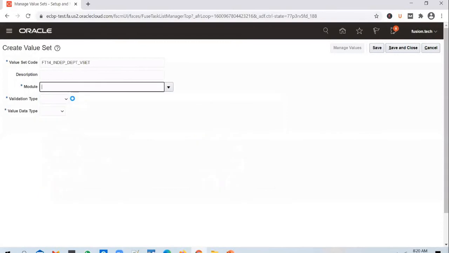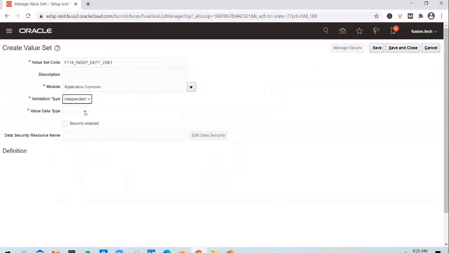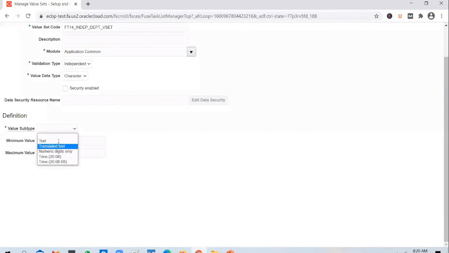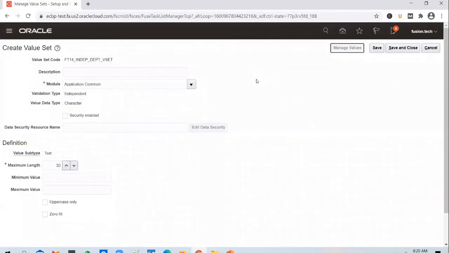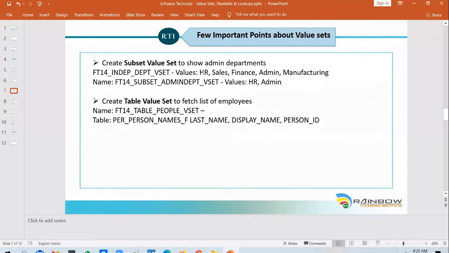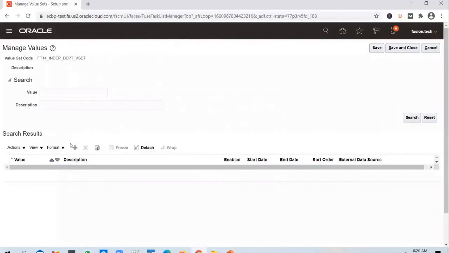It's an independent value set that we're going to create again. Application common, and it's an independent value set. Data type is character, and you can select the value subtype as text, and you can enter the length as 30. Save. Go to manage values and enter a few departments there, like for example HR, sales, etc.